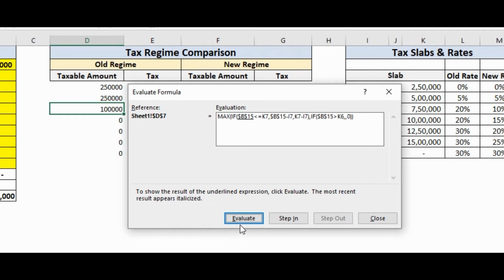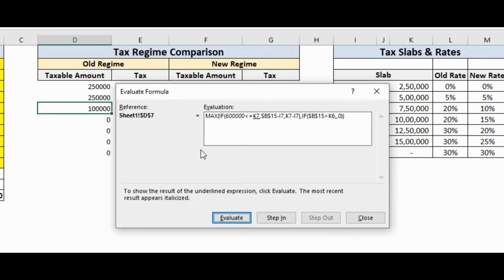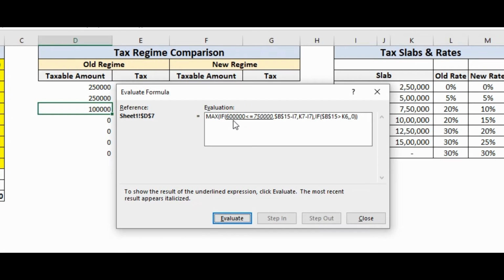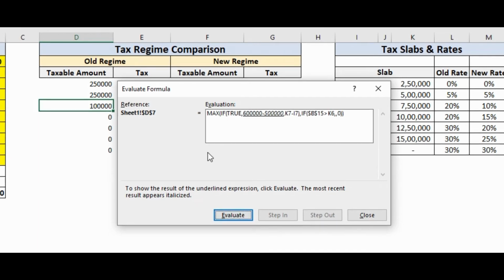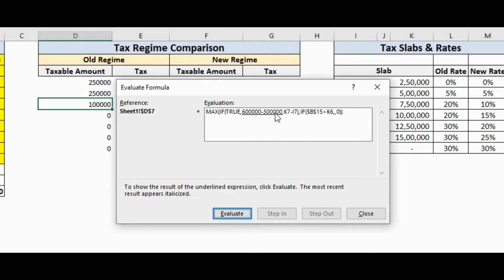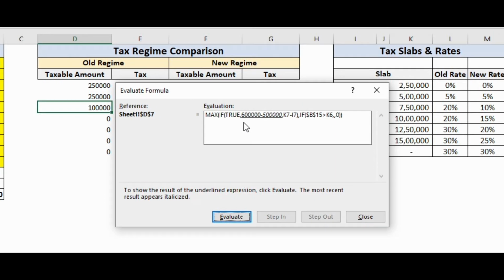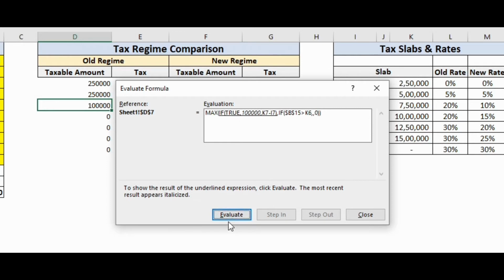Here, when we click evaluate, we can see the replacement of values in our formula, which will lead to the result, that is the taxable amount for the slab. Further, when we click, we can see that the if condition here is matched, therefore as per the logic, the upper limit will be subtracted from the taxable income. That is, 5 lakhs will be subtracted from 6 lakhs, which are the values for our taxable income and the upper slab, and the result will be returned as 1 lakh.